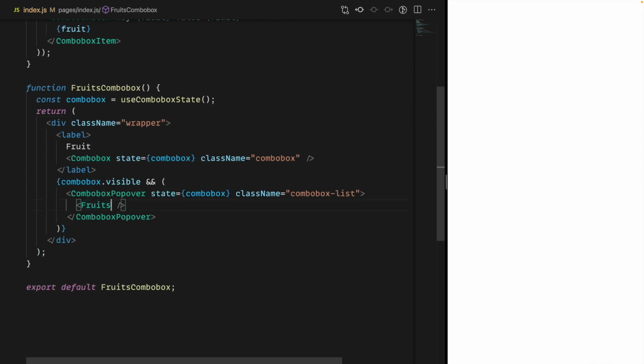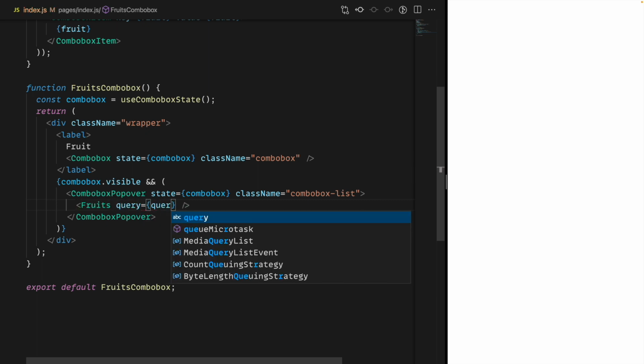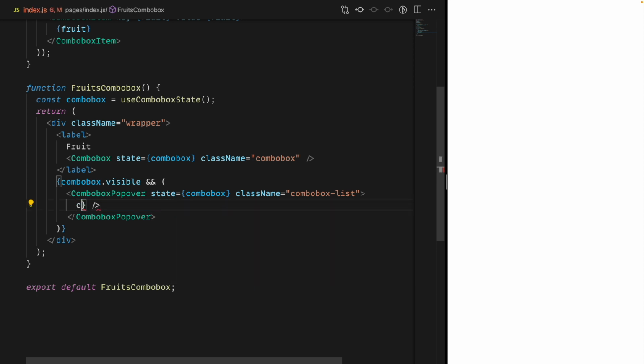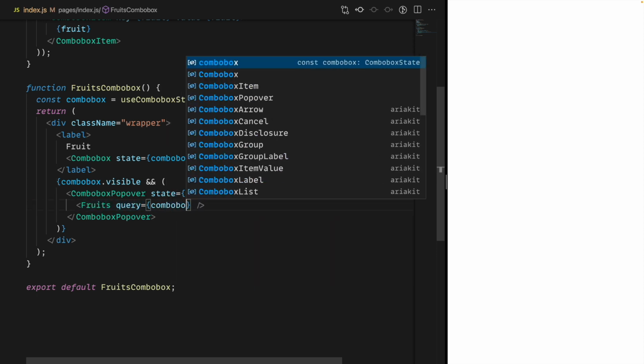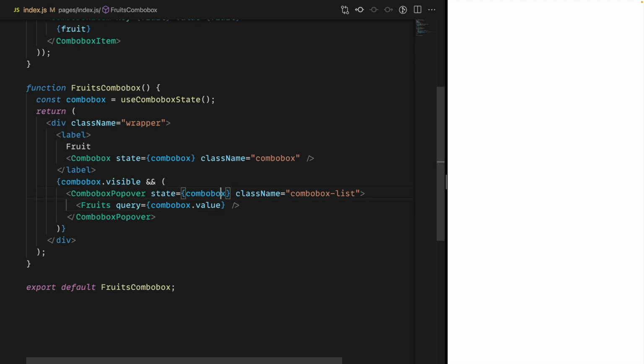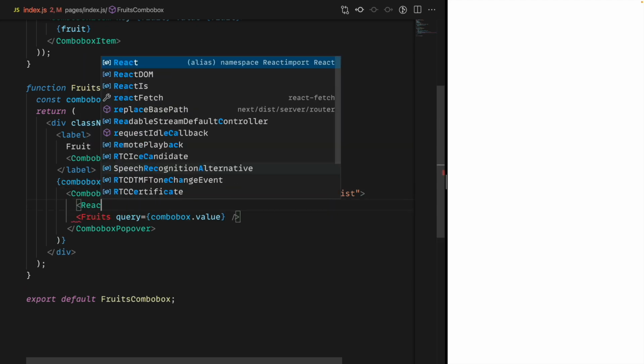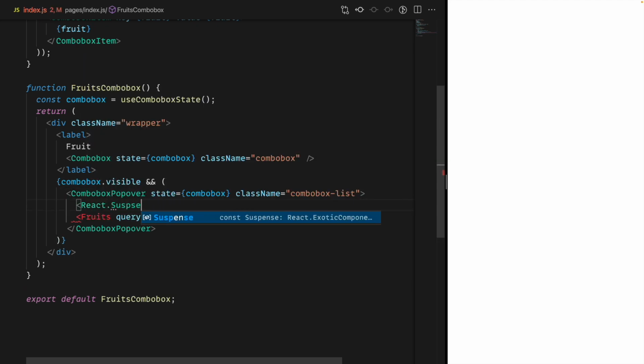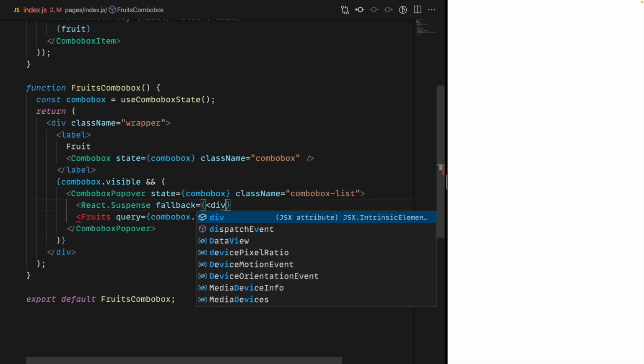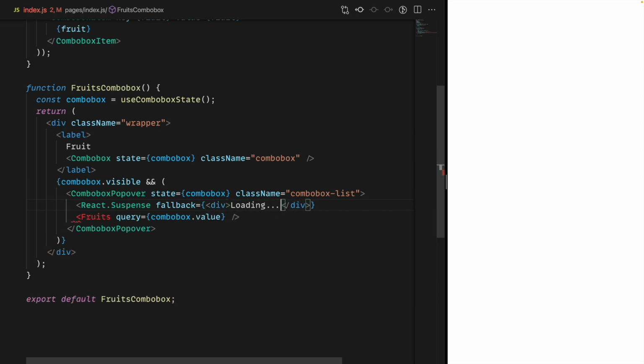And here in the fruits component, we need to pass the query prop. It's going to be the combo box value, and we need to wrap this component with React Suspense, passing a fallback, which is going to be a loading text.